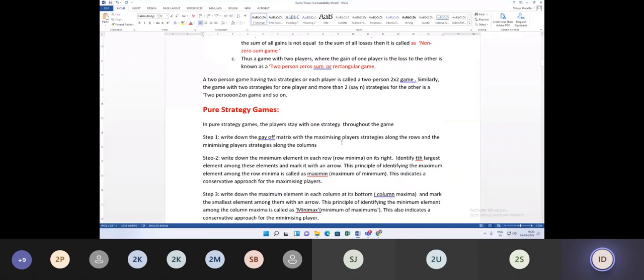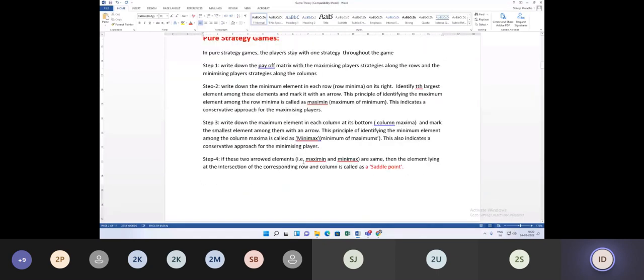Write down the payoff matrix with the maximizing player. The payoff matrix is already given, and from that we have to find the minimum and the maximum. We find the row minimum and, as I explained last time, similarly column-wise we find the column maximum. From each column we find the column maximum, and from those we find the minimum. If the maximin is equal to the minimax, then it is called a